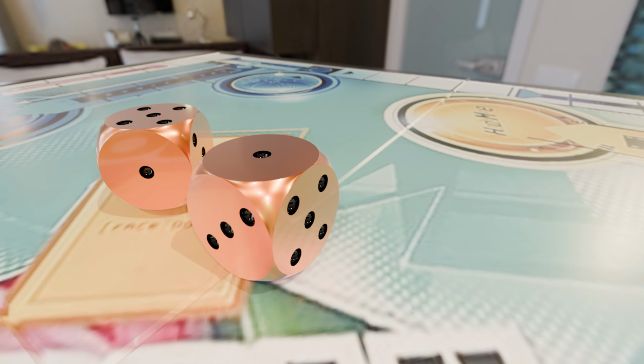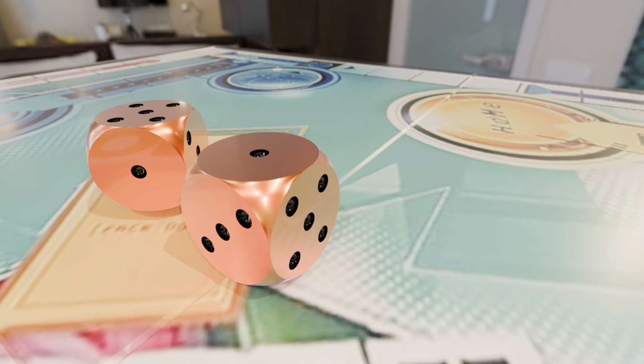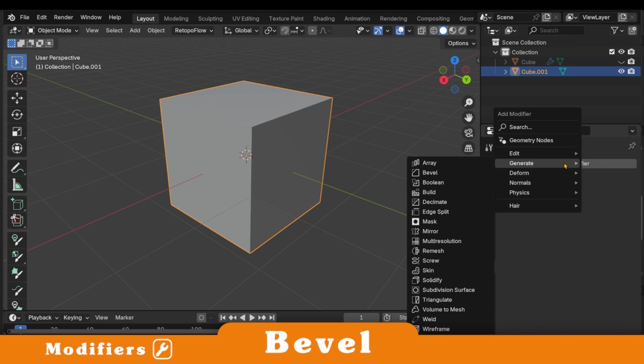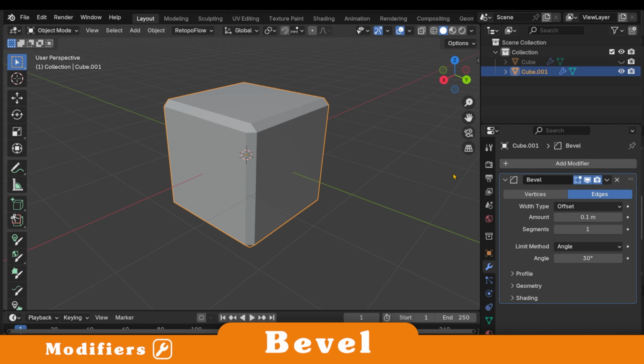The Bevel Modifier is great for creating rounded edges non-destructively. Go to the Modifier tab, click Add Modifier, go to Generate, and then select Bevel. Just like the Bevel tool in Edit mode, you can bevel vertices